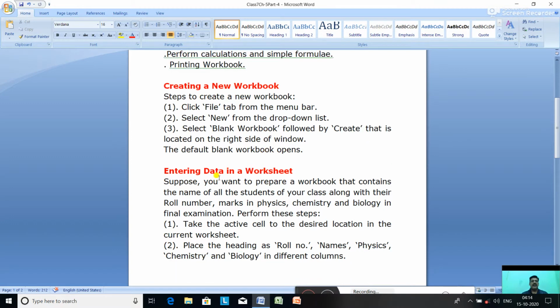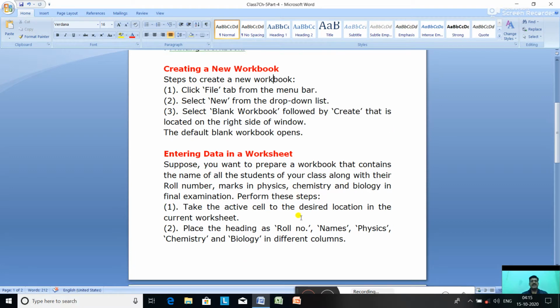After that, we'll do entering data in a worksheet. Suppose you want to prepare a workbook that contains the names of all the students of your class along with their roll number, marks in physics, marks in chemistry, and marks in biology in the final examination.